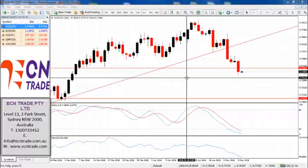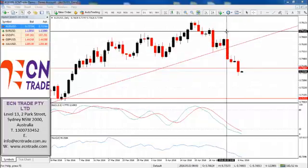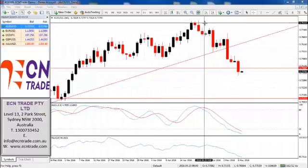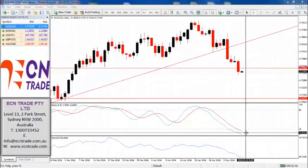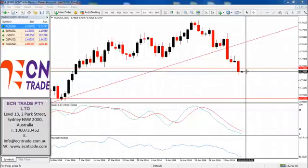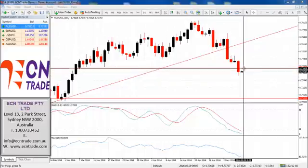Well, another week starts for the Australian dollar, and already we're in negative territory. From last week, we saw a very strong bearish outside range day, and then prior to that, another outside range day around 78 cents. With the technical signals still in play, although starting to come to the bottom side of the range or slightly oversold, we could see a mild retracement today. However, I still feel the market will press lower towards a target of 73.25/30